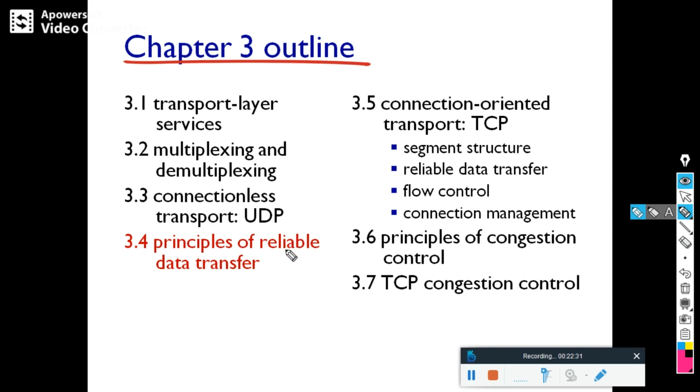All about TCP, how TCP works, what we mean by reliable data transfer, what the structure of TCP is, what we mean by flow control, what we mean by congestion control, and what the reliable transfer protocol RDT, reliable data transfer protocol, RDT version 1, 2, 3, all those protocols we will try to discuss.